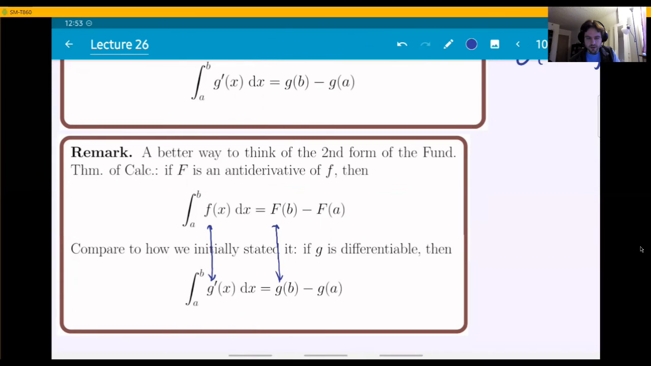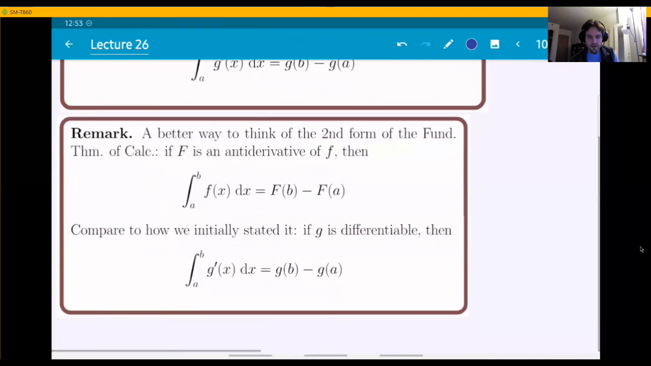So what is the relationship before? G prime is the derivative of little g, and now little f is the derivative of big F, because that's what it means to say big F is an antiderivative. So this is just a matter of renaming the functions. It's still the same theorem, but that is the most important result here, the thing that we always want to